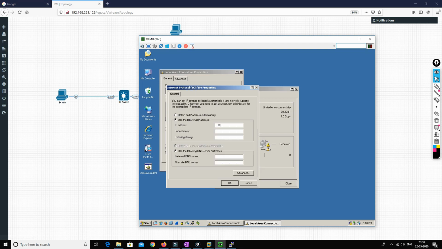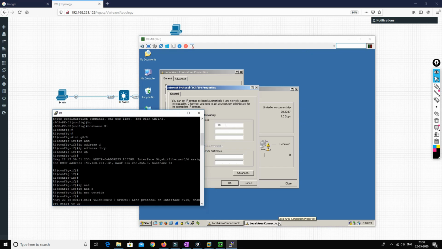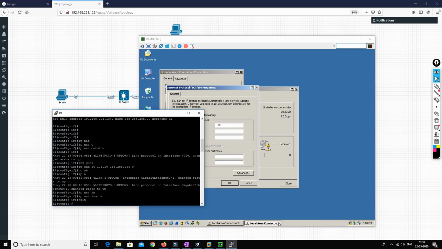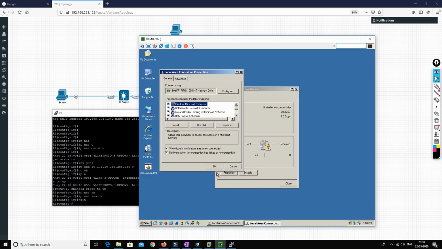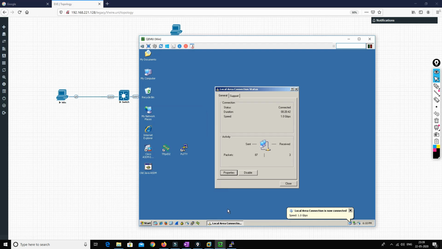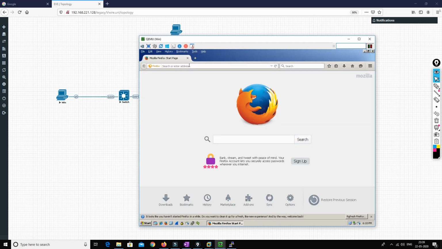So what was the IP address that we have defined for the router? It was, I guess, 10.1.1.10. So 10.1.1.1, 255.255.255.0, gateway 10.1.1.10. Okay, and I will be defining the DNS server, so that whenever we try to browse anything, it tries to resolve with the public DNS. Okay. So now we go and try accessing google.com.